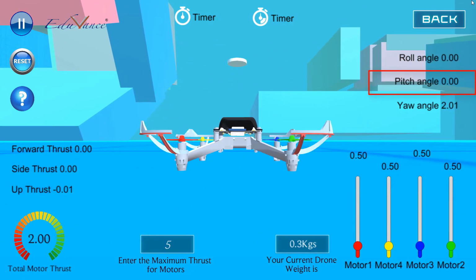Again, the question is, why is the drone coming down? That you already have to evaluate. But more importantly, I want you to understand why the pitch angle was 352. So 352 is basically 360 degrees minus 8 degrees, which is 352. So your pitch angle is effectively minus 8 degrees. I want you to understand this calculation as well. So go ahead and play with these values.